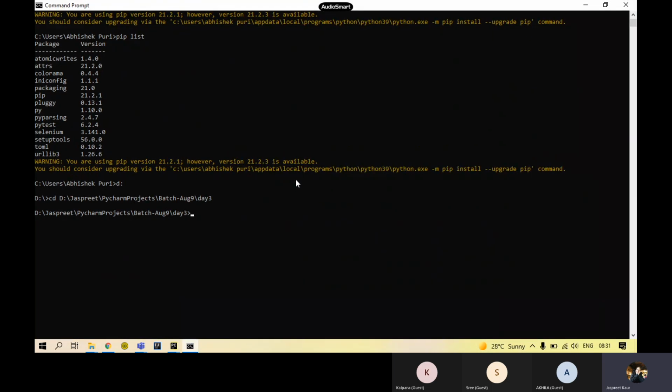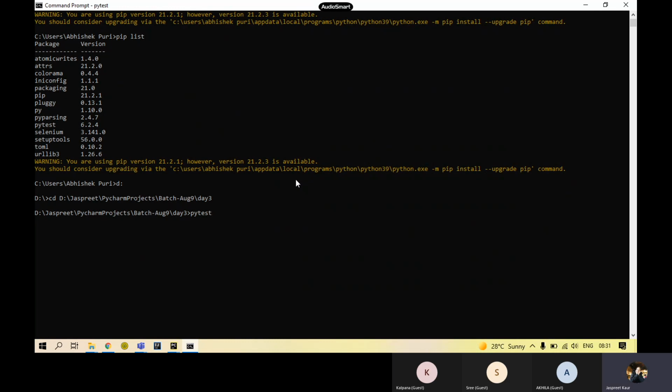From here, how can I run this? I just need to give one single command, PyTest. One single command, PyTest, means that in this location, in this particular project, under this particular package, as many test files as there are will be executed. Test files, not just the Python files. It is very important to follow the conventions, otherwise you may not get the output correctly. All the test files are going to be executed serially.